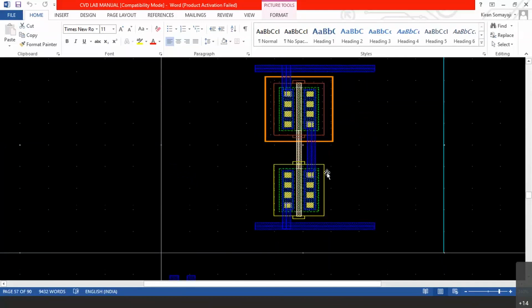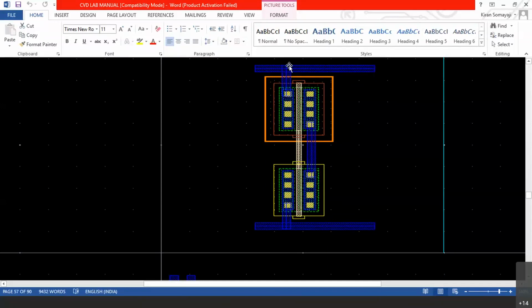Okay, you can see here now, poly is connected here, right? Gate and gate are connected. Next, you can see drain and drain are connected by means of a metal wire. Procedure is same. Press P and select a metal one there and make a path here. So drain are connected. At the top, we make one more metal path for VDD and we connect the source